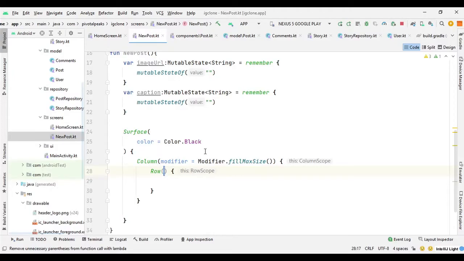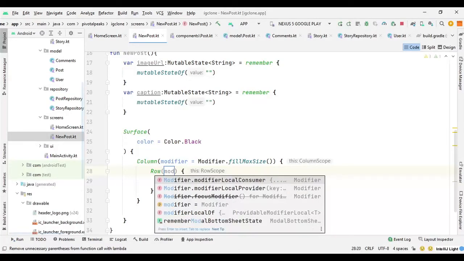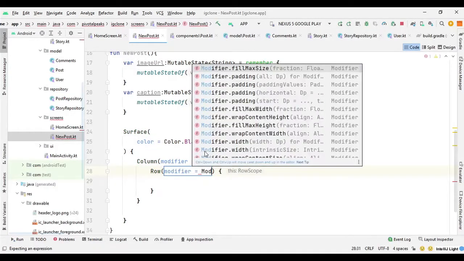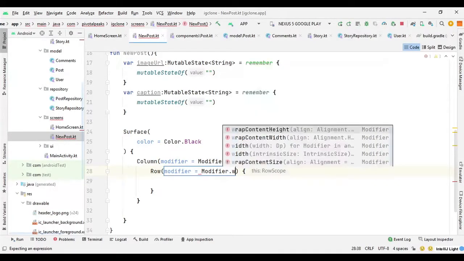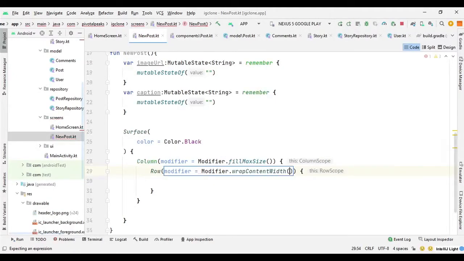So in the first row we are going to have an arrow image to go back to the previous screen, and the name of the screen, so that will be New Post, and a tick image icon to validate the post. So for Row we will say modifier equals Modifier.wrapContentWidth, and we can give it some height.